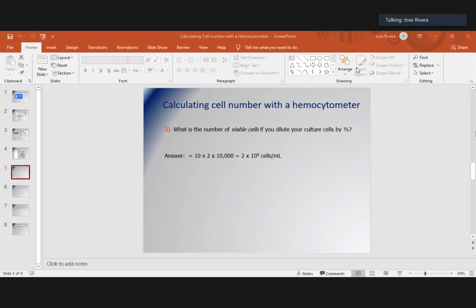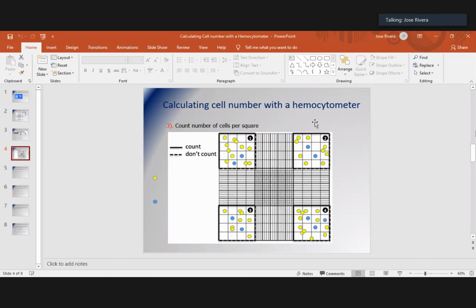Is it clear? Okay, so now I can ask you also how many dead cells you have. In terms of dead cells, when you do a cell culture, you actually have to do it within 20, 30 minutes, otherwise the cells start dying. And so the dead cells are all blue. So we do want to count dead cells. Maybe I should use the blue color. Dead cells